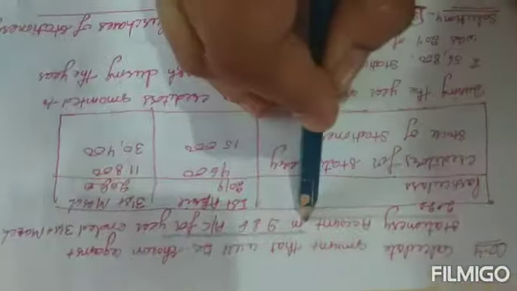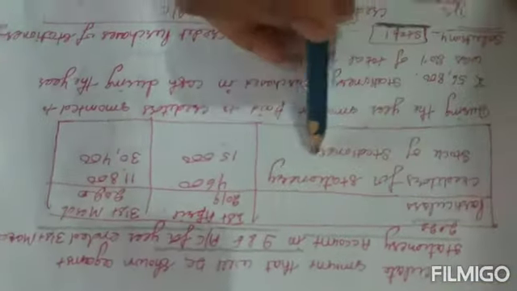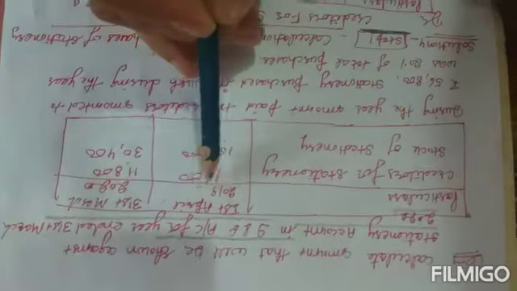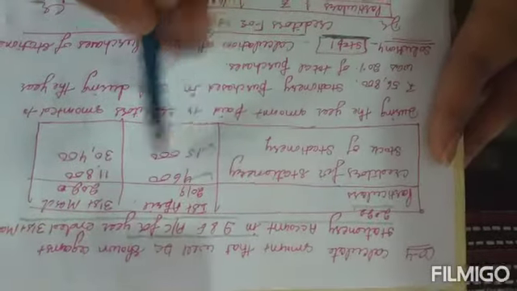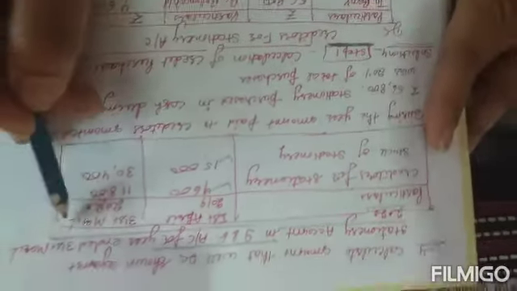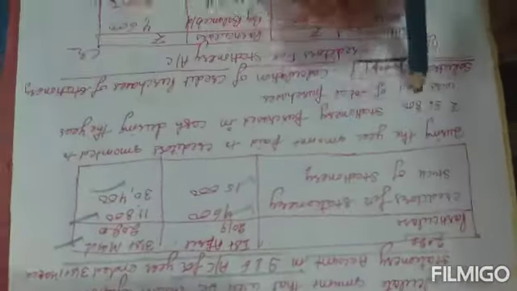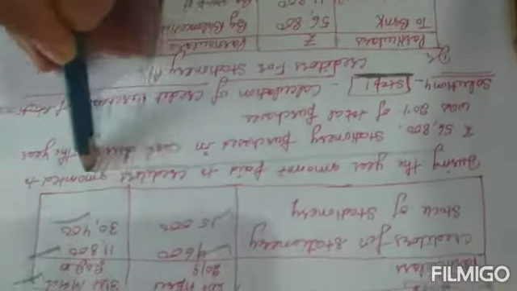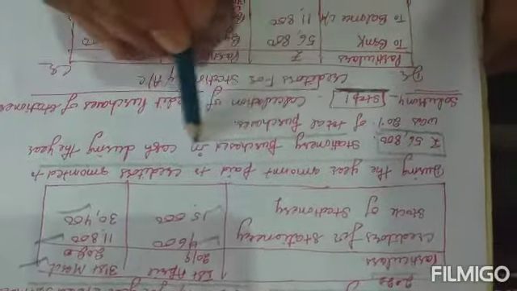Let's take one last example. Calculate the amount that will be shown against the stationery account in the income and expenditure account for the year ended 31st March 2020. Some particulars are given. 1st April 2019, creditors for stationery is 4,600. Stock of stationery 15,000. These will become the opening balances. On 31st March 2020, creditors for stationery are 11,800. Stock of stationery 30,400. During the year, amount paid to the creditors amounted to rupees 56,800.